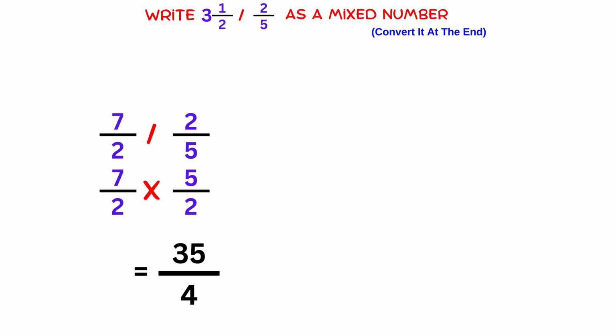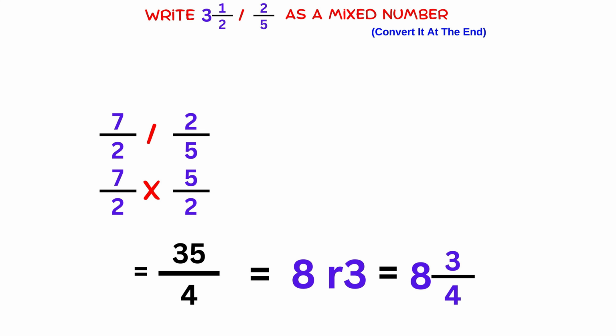The last step is to convert this to a mixed number like they ask for in the question, so we divide 35 by 4 to get 8 remainder 3, which means that our mixed number would be 8 and 3 over 4. Anyways, that's everything for